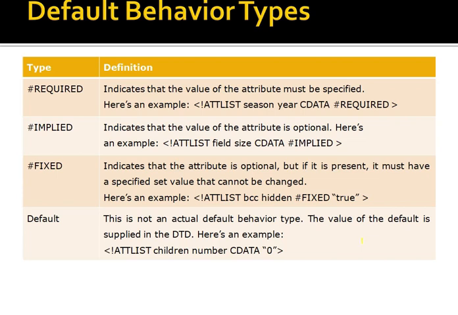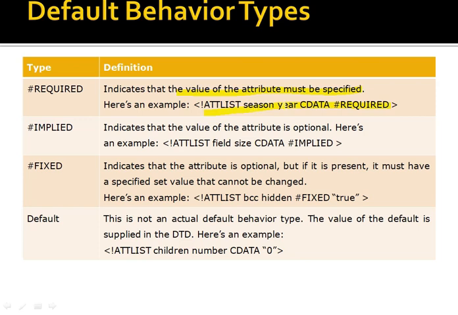Okay, so how the values affect how the attribute will behave. There are 4 types of values you can give: required, implied, fixed, and default. Required means that the value of the attribute must be specified. So if you see here the example,